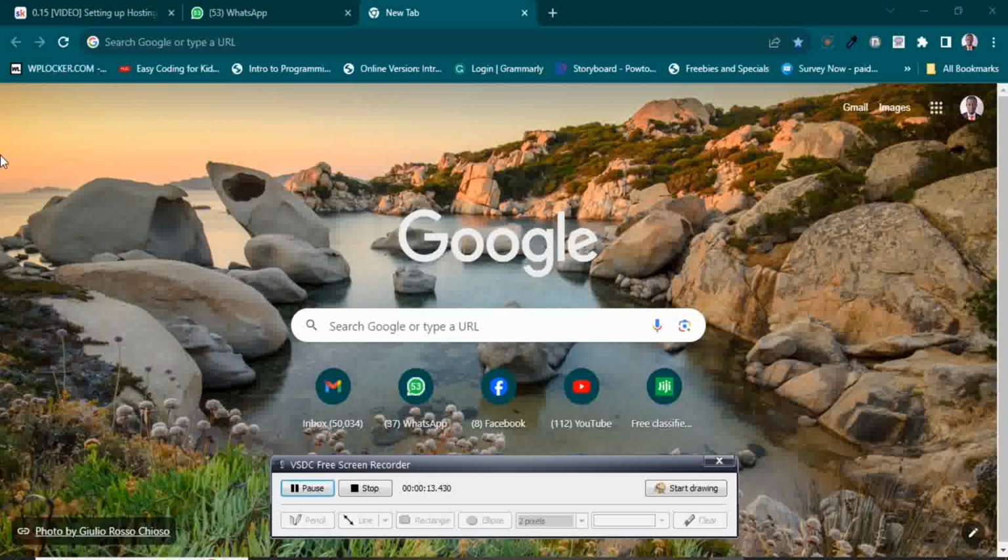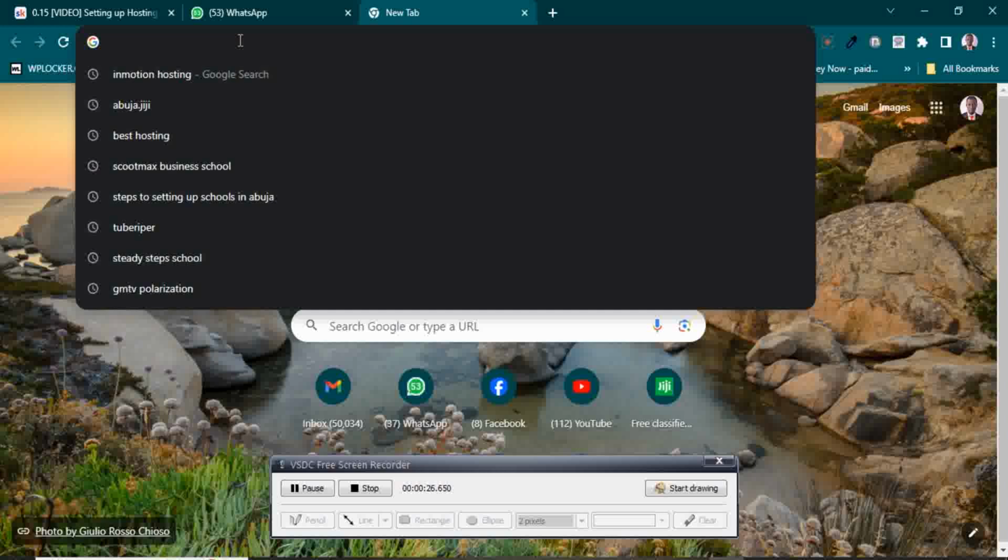Now the first thing you need to do is to open the browser on your system. Right now I've opened my Google Chrome. I'm using the Google Chrome browser. Then you enter the address to the school's portal, which is